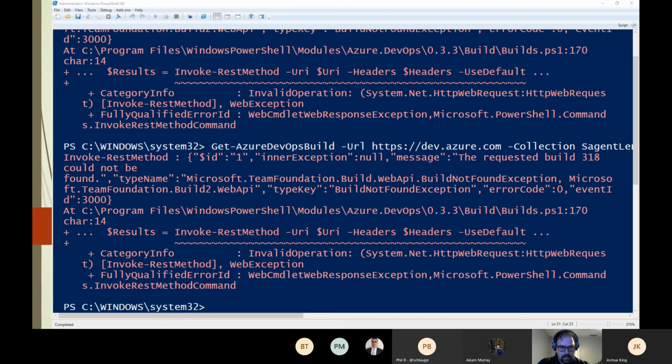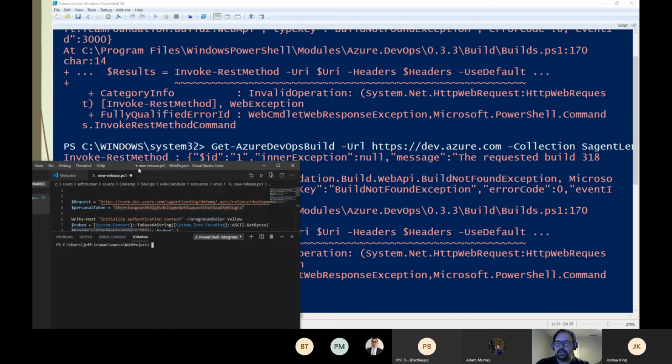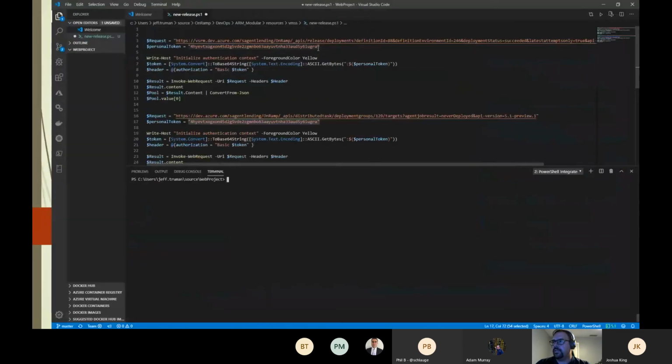So let me show you what all of these modules are really doing behind the scenes. Showing somebody how to run a command is pretty dead simple, right? You guys probably know how to go out to the marketplace, grab some commandlets and run it. That's kind of PowerShell easy stuff. If we jump into code instead, here's what these things are realistically doing behind the scenes: they're just wrapping an API call and giving you a friendly result. The issue that I'm running into right now at work is